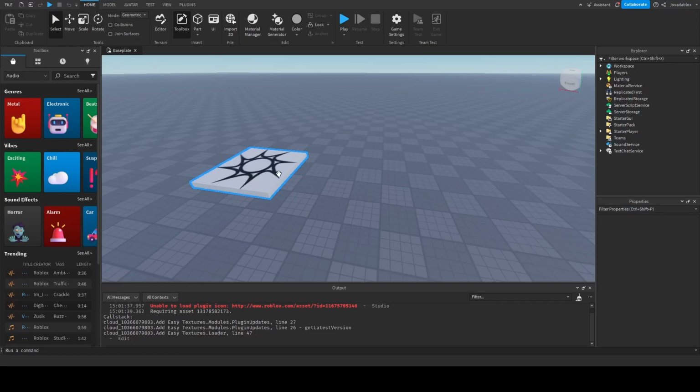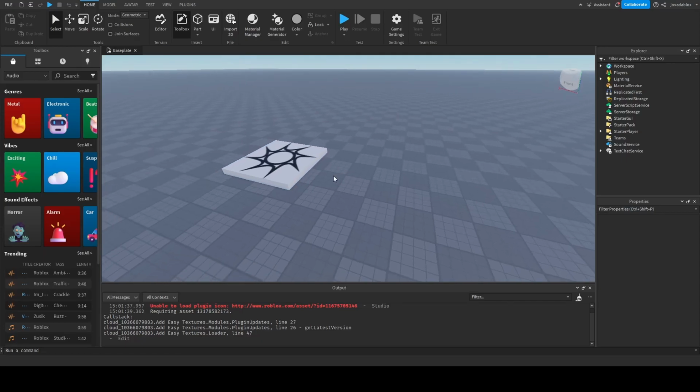All right, for this video, let's create a button that changes another platform. So we'll make a platform that's either safe to stand on, or when you click the button, it becomes a platform that kills you. So to get started,